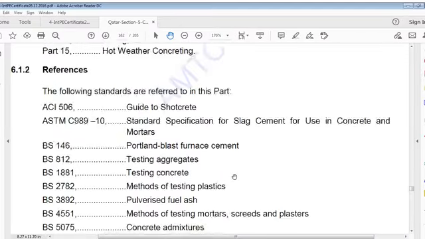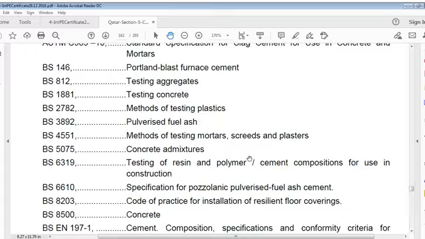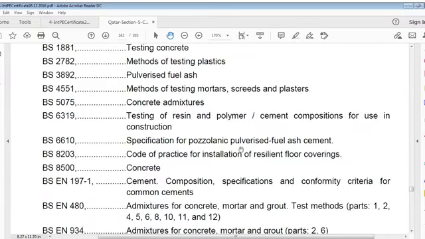References are ACI 506 Guide to Shotcrete, ASTM C989/C989M Standard Specification for Slag Cement for use in concrete and mortars, BS 146 Portland Blast Furnace Cement, BS 812 Testing Aggregate, BS 1881 Testing Concrete, BS 2782 Methods of Testing Plastics, BS 3892 Pulverized Fuel Ash, BS 4551 Methods of Testing Mortars, Screeds and Plasters, BS 5075 Concrete Admixtures, BS 6319 Testing of Resin and Polymer Cement Compositions for use in construction, BS 6610 Specifications for Pozzolanic Pulverized Fuel Ash Cement, BS 8203 Code of Practice for